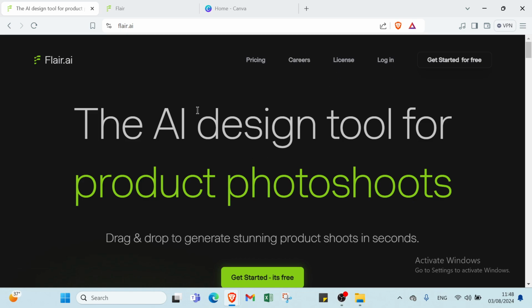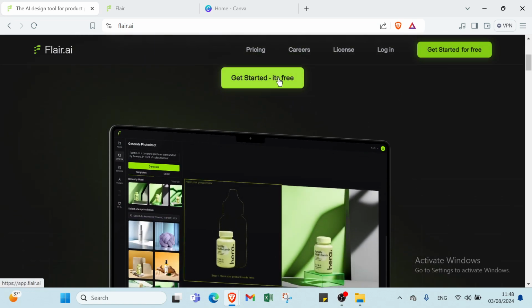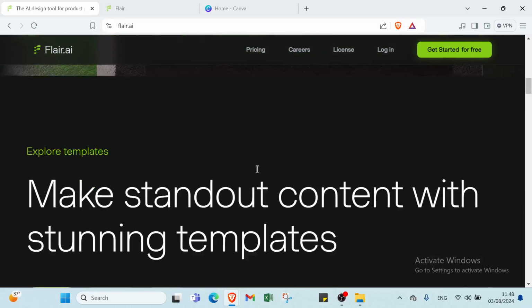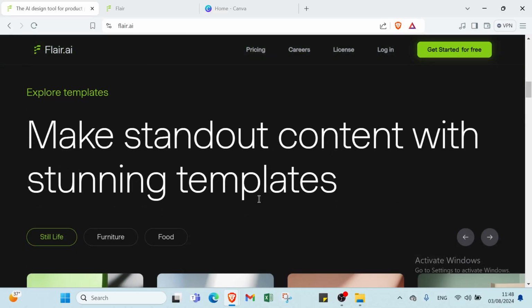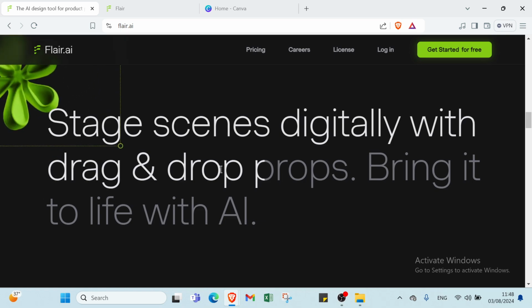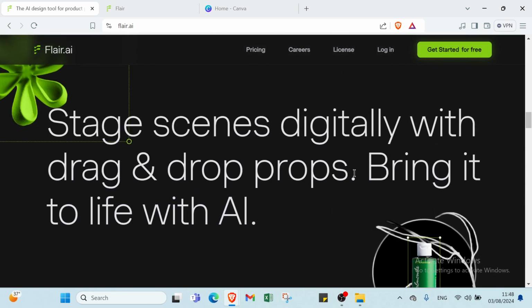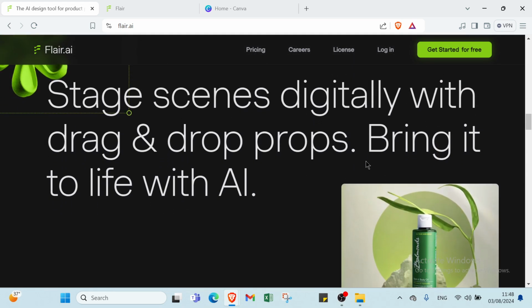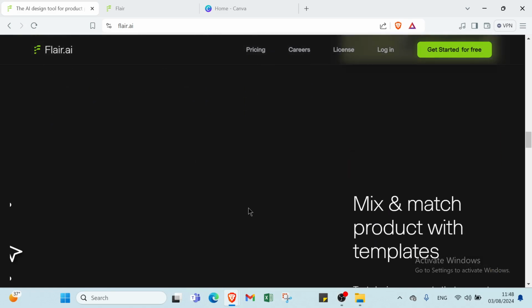So, first of all, you have to dive into FlairAI, and this is the homepage. As you can see, here we have various information about FlairAI. If we scroll down, we have Get Started. It's free. And here, make standout content with stunning templates. Then we have stage scenes visually with drag and drop props, bring it to life with AI,